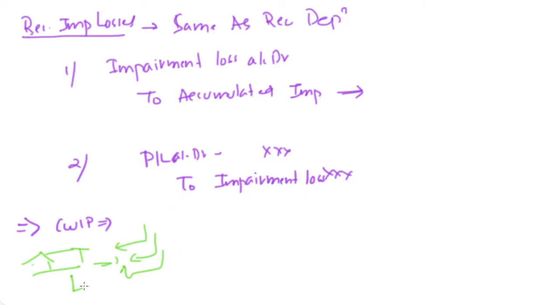We already discussed the concept of intention, when it is ready for the purpose we intended. We want to use it in a particular location. All the costs that we have incurred to bring the asset to a particular location and into the particular condition to make it ready for use are capitalized,